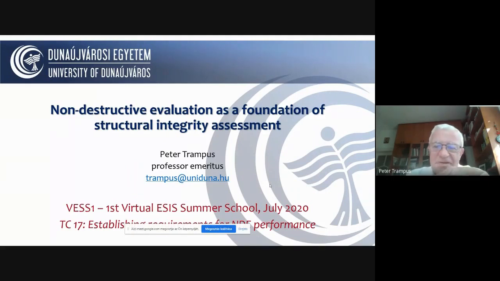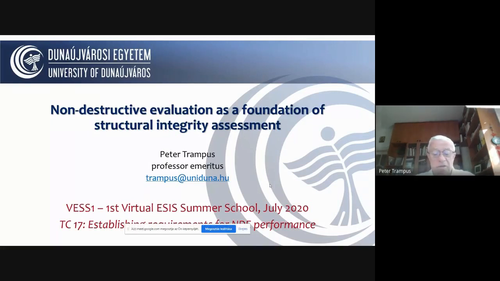I want to say that NDE is a foundation of the structural integrity assessment, that it's a vital part of it, and it will give you an overall summary of the NDT NDE.